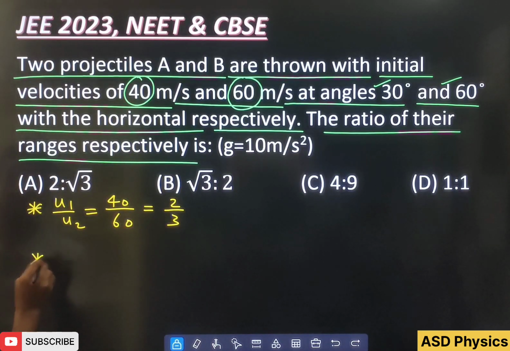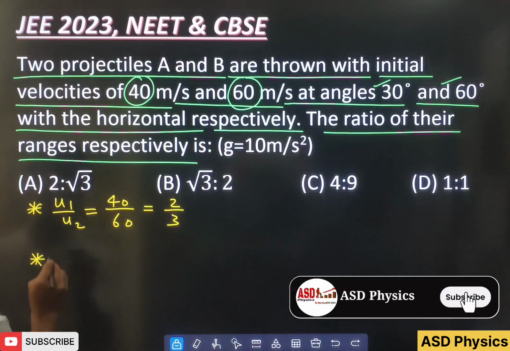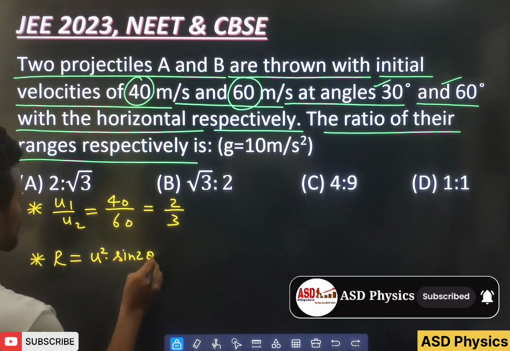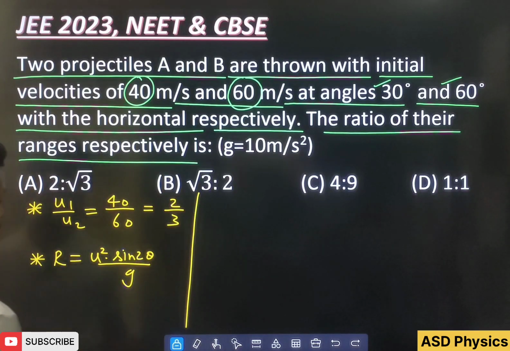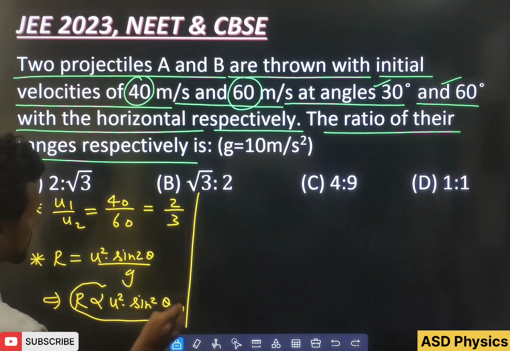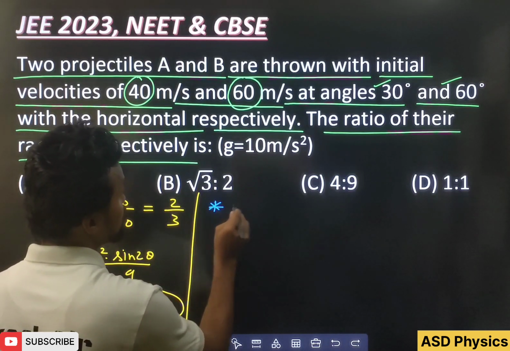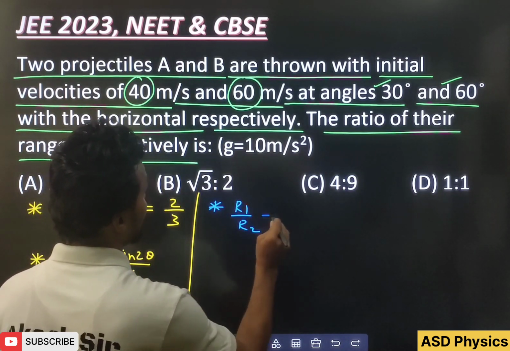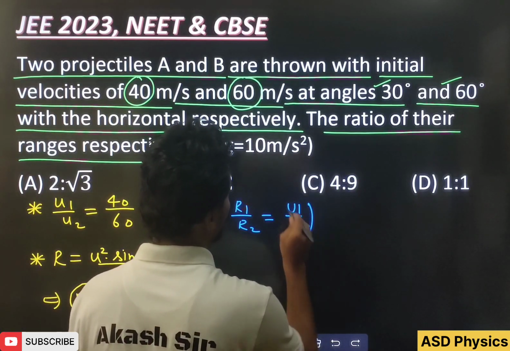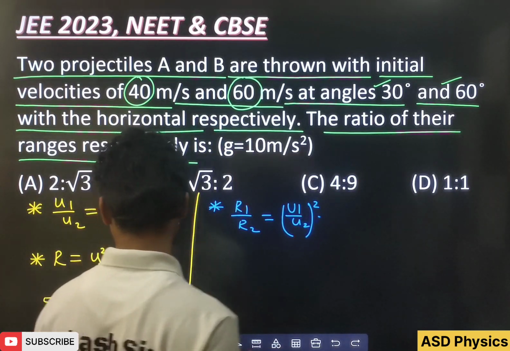Okay, now after that, here they are asking the range. So what is the range formula? Remember that range is u square sine 2 theta by g. After that, see here, R is directly proportional to u square sine 2 theta, is it? After that, if I take here the ratios, kindly see here, this R1 by R2 is u1 by u2 square into,